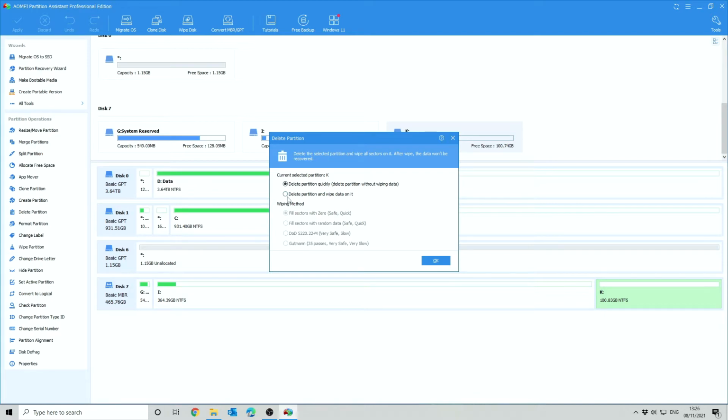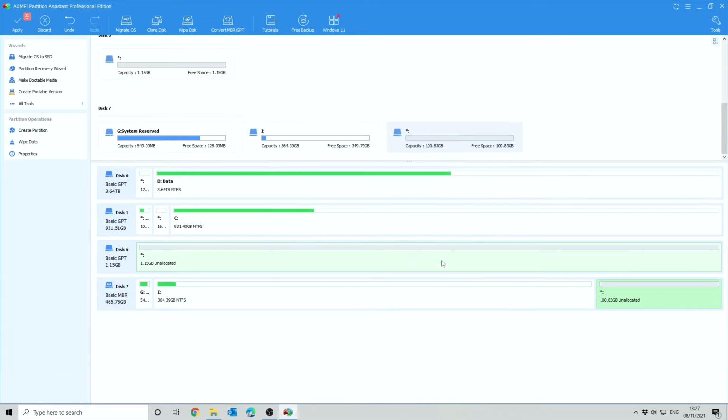But if you did have data and you wanted to delete it, then you would select this option here, and then how you want to wipe that data. So if, for instance, it was going to the recycling centre, you probably want to do a Gutmann partition wipe, which would overwrite and write multiple times on each sector so that that data cannot be recovered. But we're going to be reusing the disk, so we're going to select delete the partition quickly,